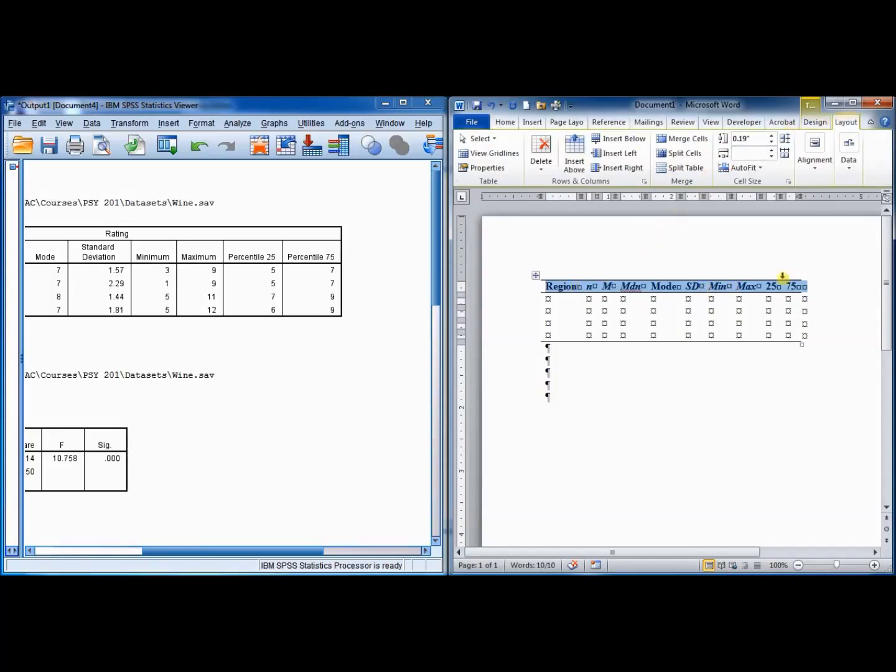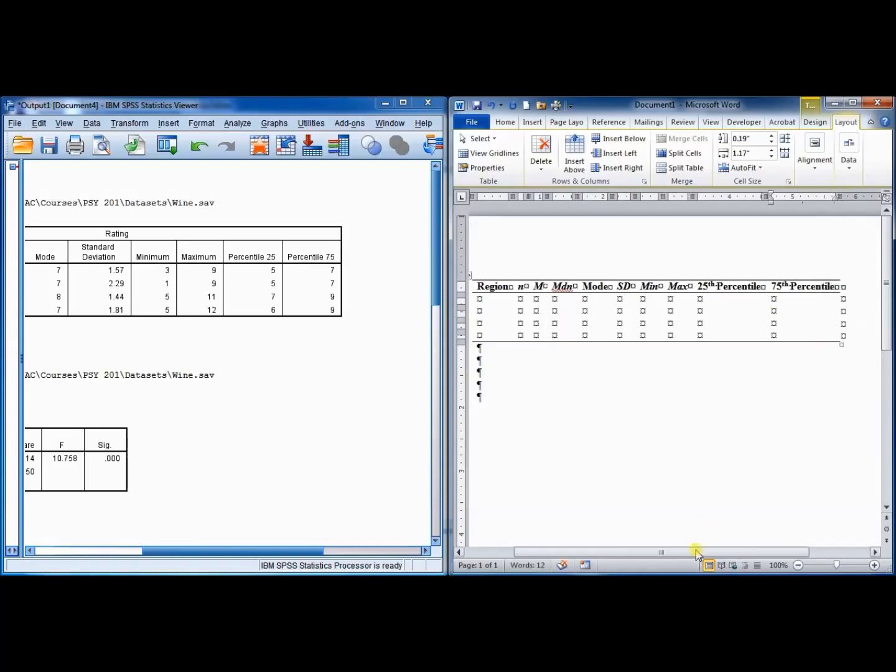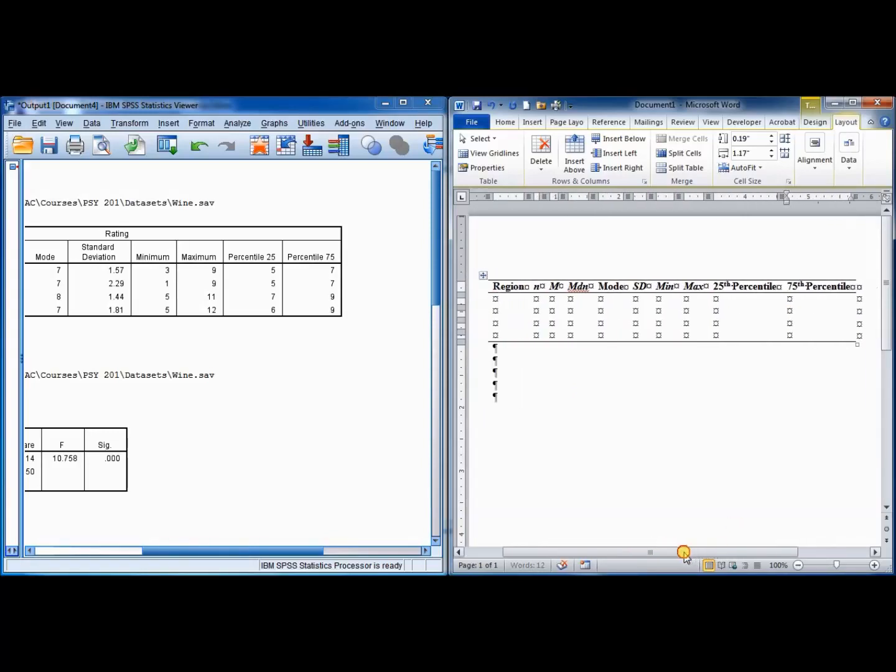Okay, so I want to have another row here. I want to split these cells so I can have a percentiles label, so I don't have to type out 25th percentile and 75th percentile, but the problem with that is it looks kind of funny. It takes up a lot of space, and I want to have some space over here to spread some of these things out. So I'm going to go ahead and undo